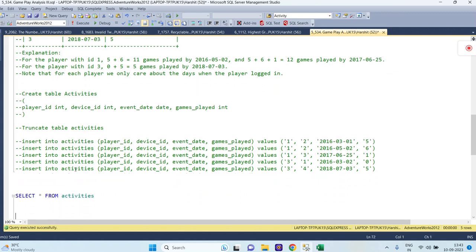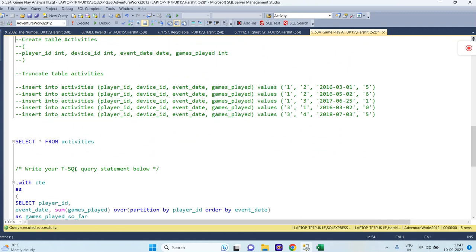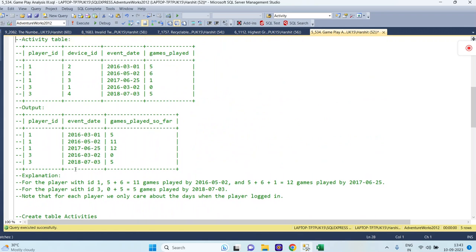So let me show you the input table. This is the input activity table they have given us, and below is the output table. So if you see over here, on the 1st March, player 1 has played the five games, right? On the 1st March. Then on the 2nd May, this player has played 5 plus 6. And on the 25th of June,